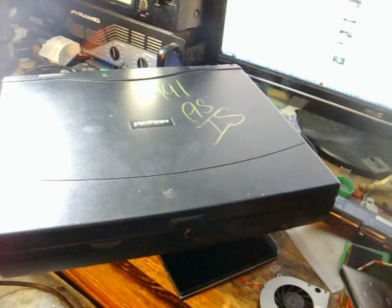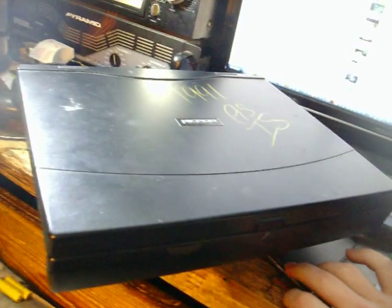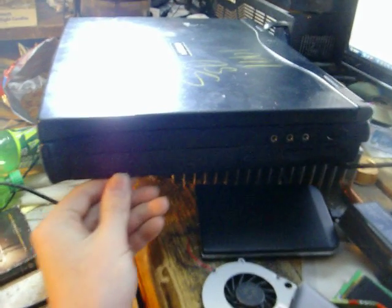Okay, so every once in a while I buy an old thing just for the simple nostalgia and its cheap kind of purpose. This was $20 at a thrift store. It's an old Micron laptop. This thing is so old that it has a floppy drive in it right here, and the DVD, yes, DVD, 1X DVD